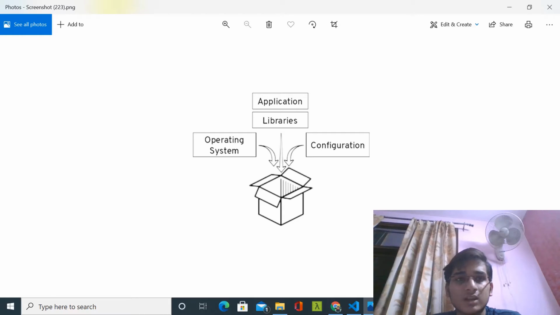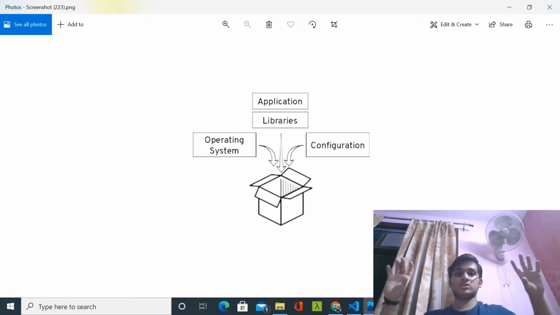First, imagine you have a laptop with your host operating system. Let's imagine it is Windows. This is how your system works: you have your hardware at the bottom, on top of that you have your host operating system, and on top of that you have all the applications.